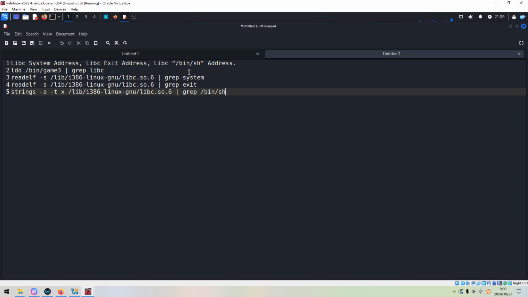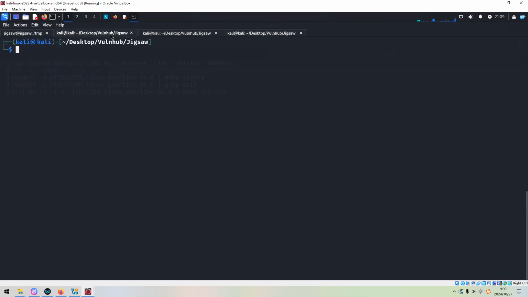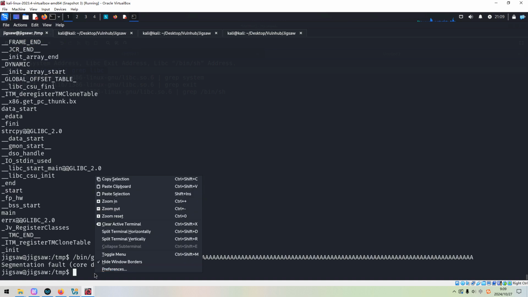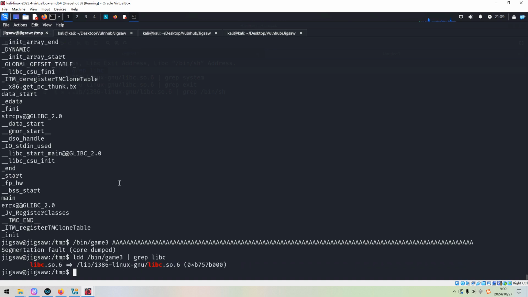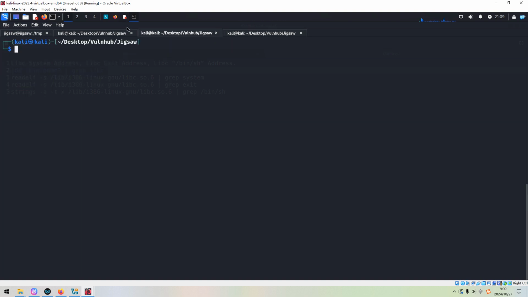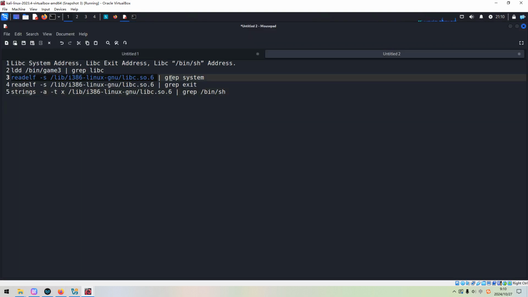As you can see here, we need to find the address for the libc shared library, and also the exit address, and also the shell address. So to get such addresses, we need to run some commands on the target machine. So here, this is the first one, and the next command is this one.